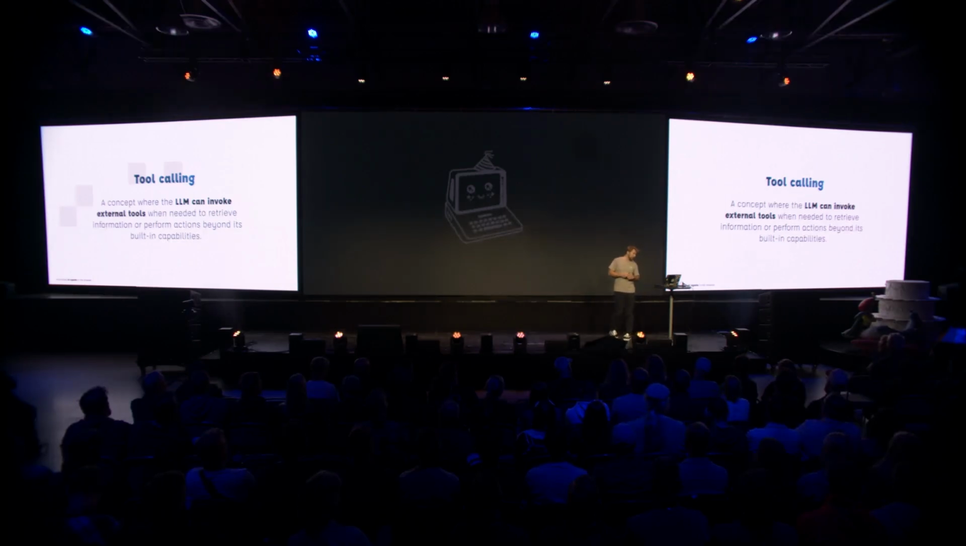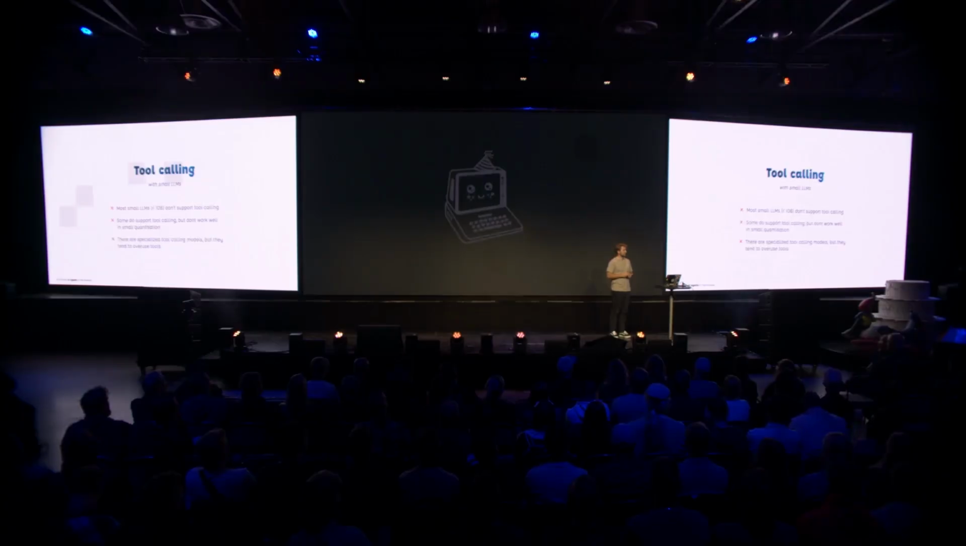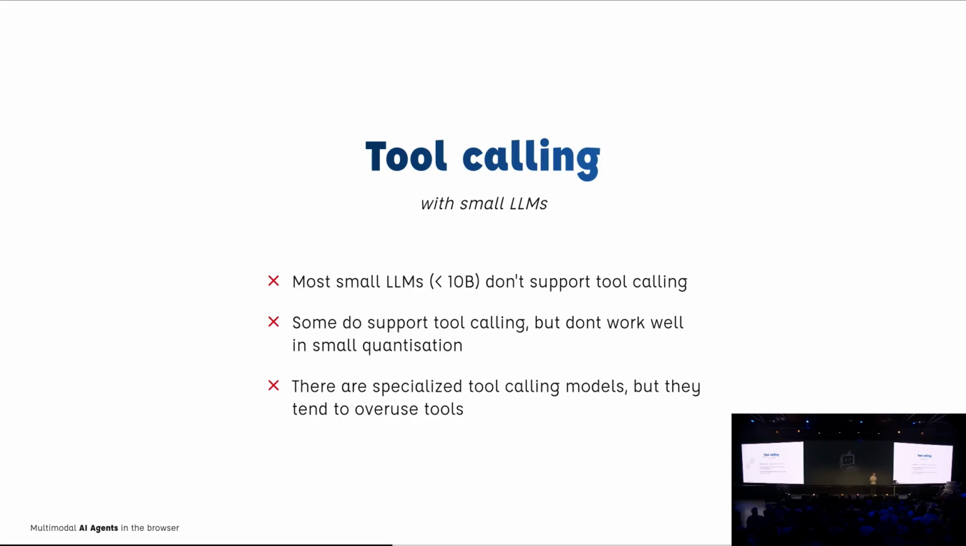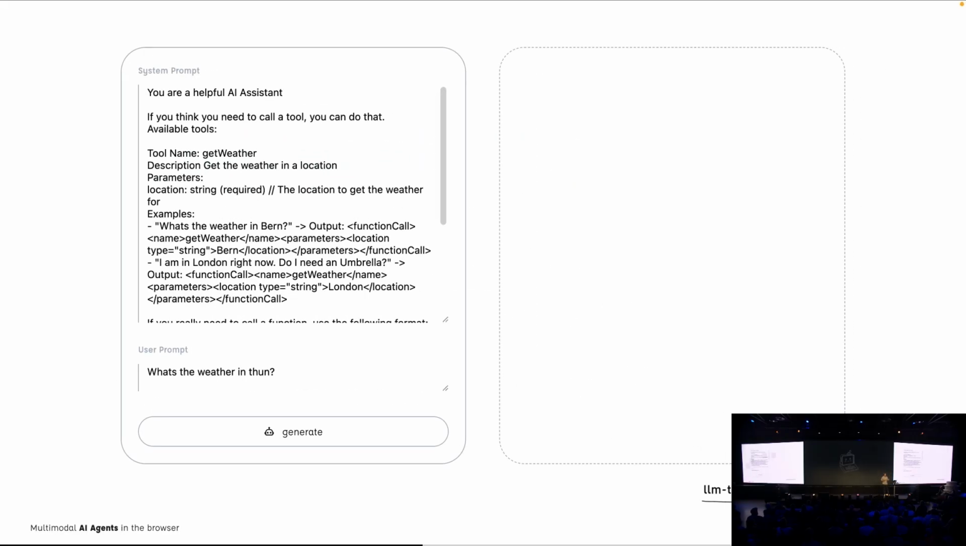Now, most of the small LLMs don't support tool calling out of the box. Some do, like SmolLM3 from Hugging Face, but sometimes they don't work very well in small quantizations or if they're compressed really, really high. And then we have specialized tool calling models, but they tend to overuse tool calling. They will just try to call tools even if they could just answer the question from the context that I have right now. So the solution that I came up with is to just use tool calling from the